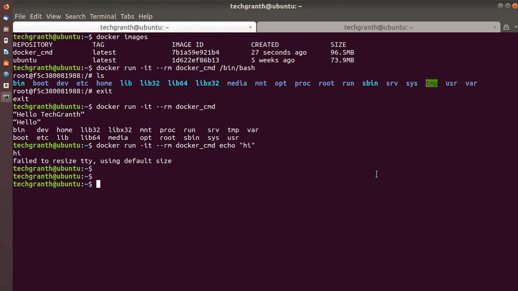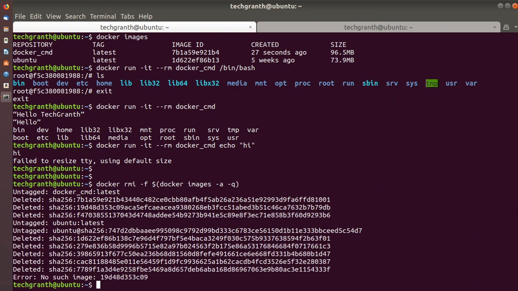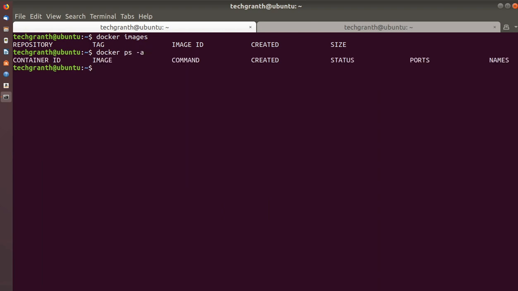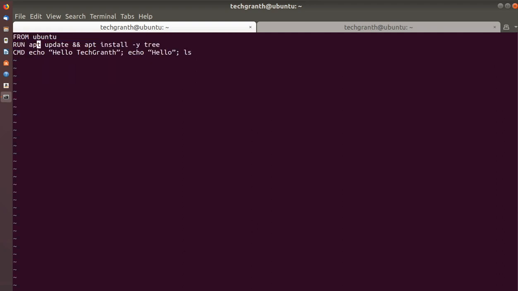So let's just remove our images. Control L, and docker images, we do not have any. Docker ps -a, we do not have any. Okay, let's modify our Dockerfile for the entrypoint instruction.